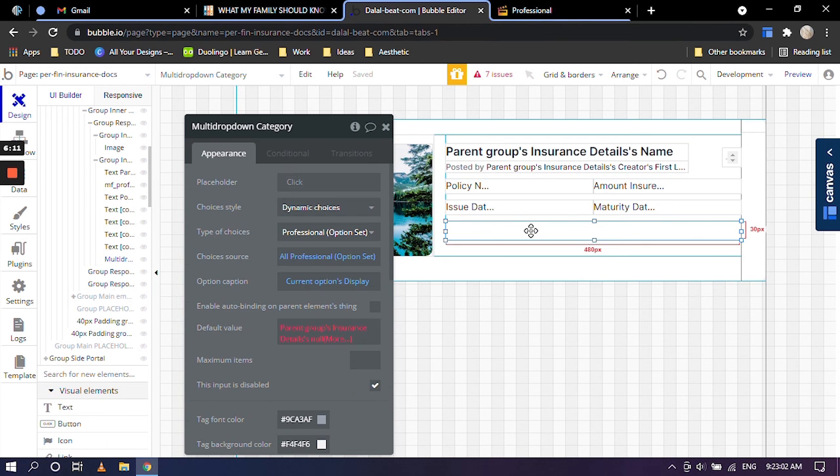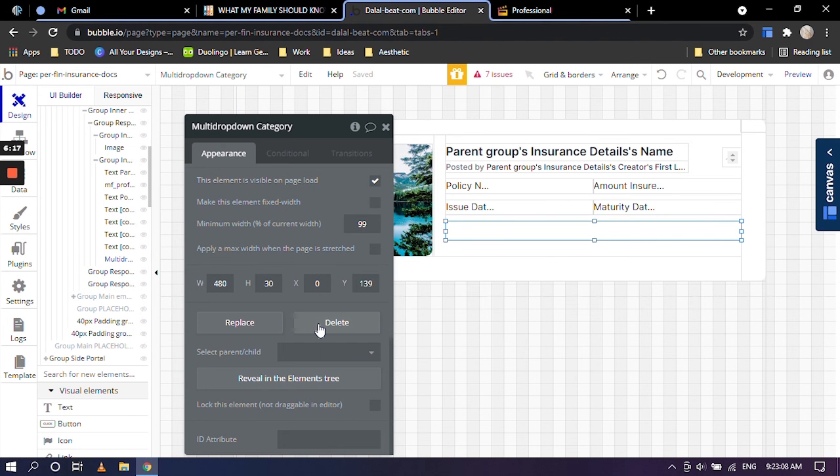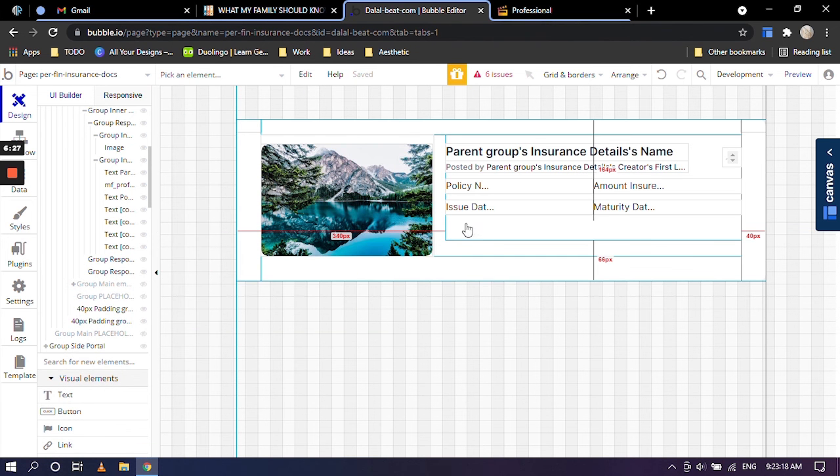So let's go ahead and click on it, and we have this multi drop down category, and see what you are deleting, otherwise it will be a huge problem later on. So click on delete and delete, and it's gone. Now it's gone. Okay,